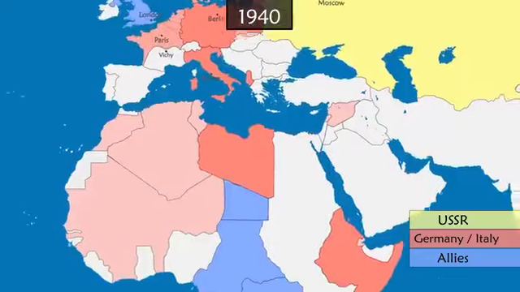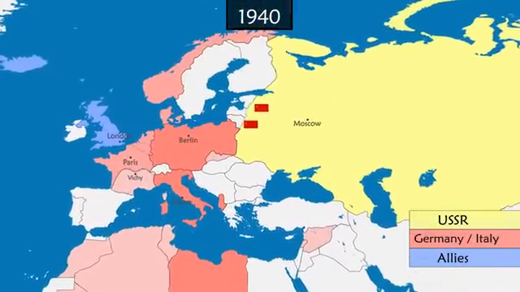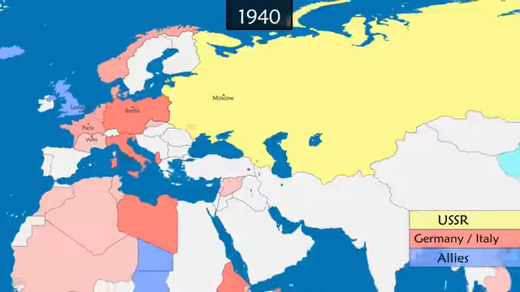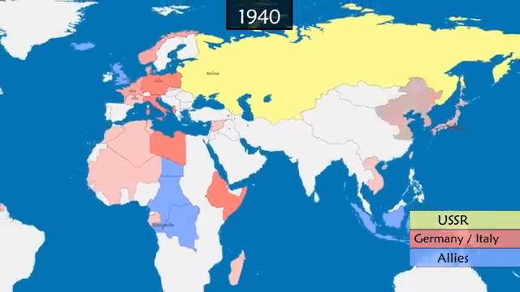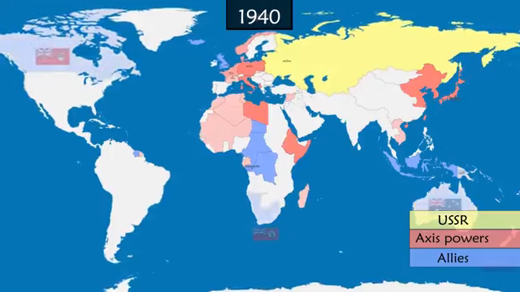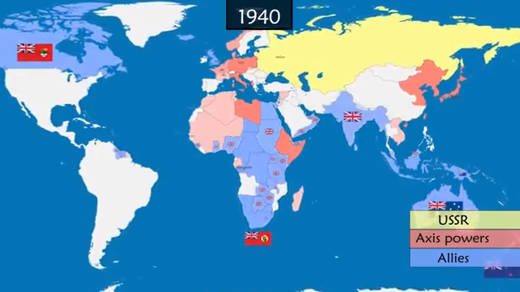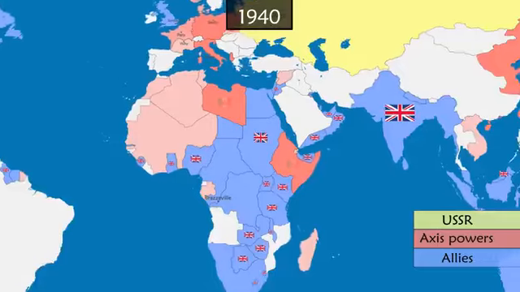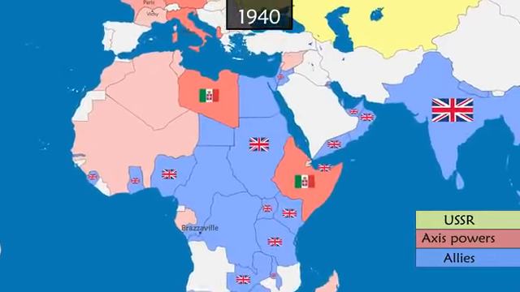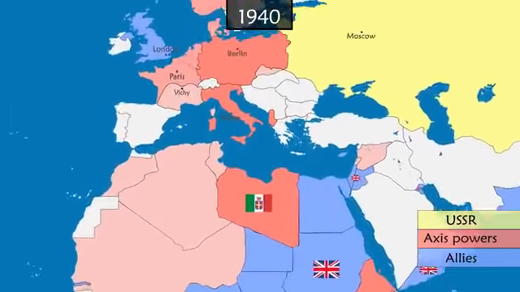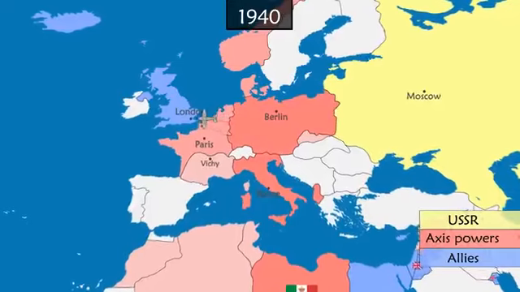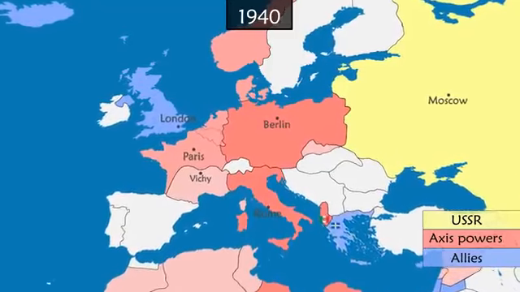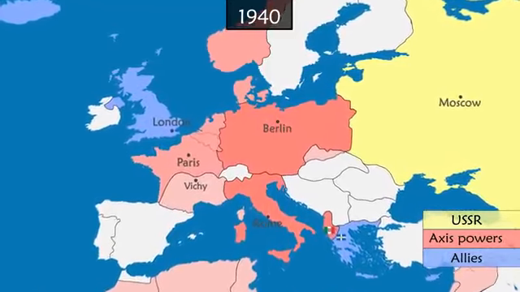Pursuant to the agreement signed with Germany, the Soviet Union seizes the Baltic states and a part of Romania. Germany, Italy and Japan combine to form the Axis powers. All dominions and British colonies, with the exception of Ireland, enter the war. In Africa, fighting begins between Italian colonies and Allied forces. While in Europe, despite the massive aerial bombing of British cities, Germany fails to take over the country. Hitler then changes his plans. He now wants to invade the USSR.